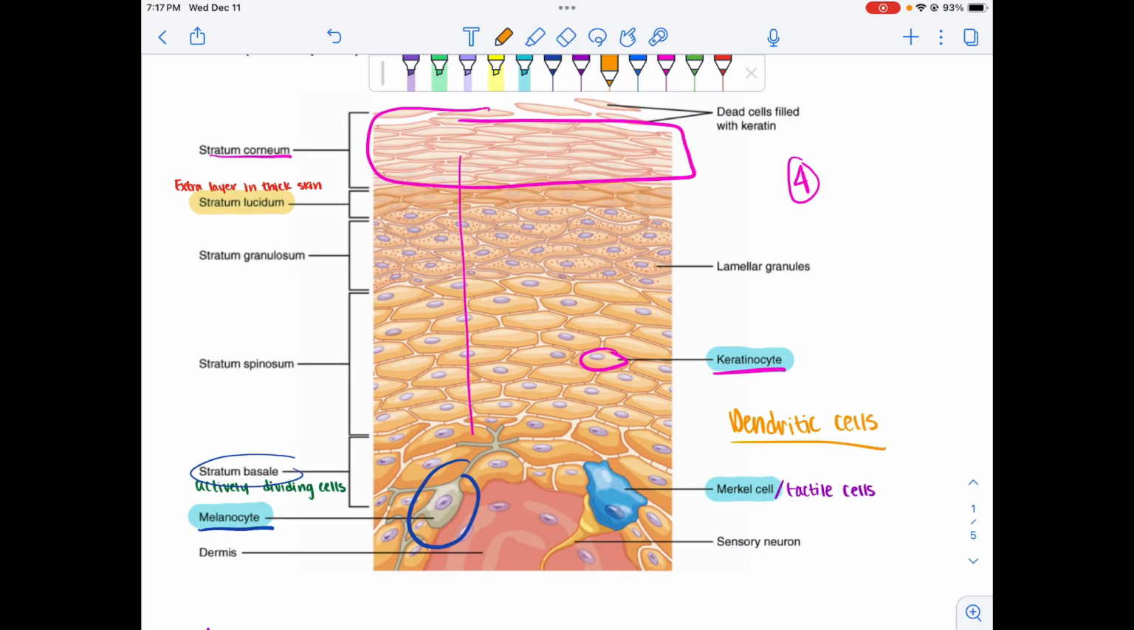Dendritic cells, although not pictured in this picture, act as macrophages, and they are key activators of the immune system. They are found in the stratum spinosum layer. Merkel cells, or tactile cells, act as sensory touch receptors in the basement membrane, and they are found in the